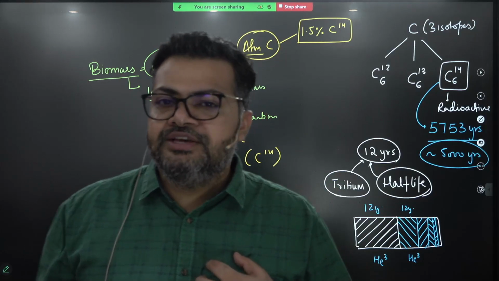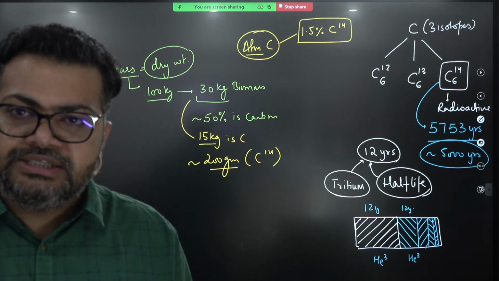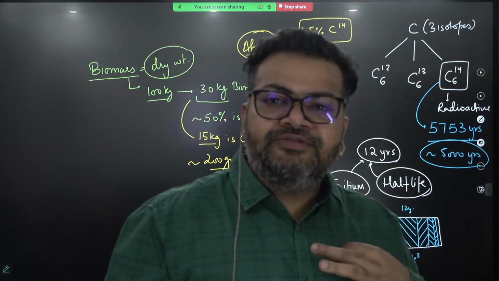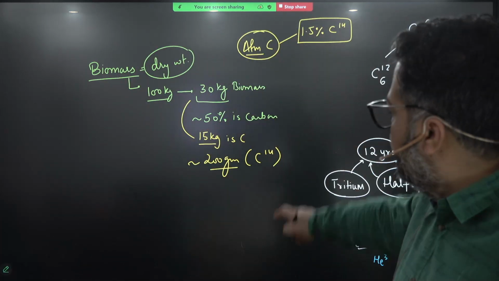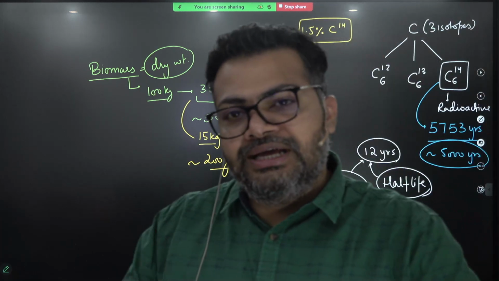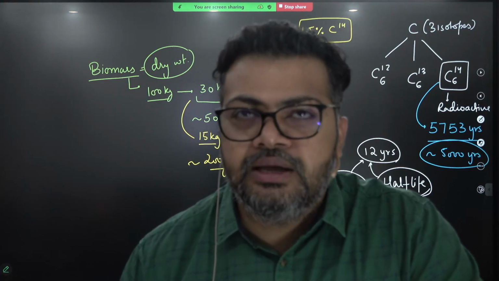200 grams of C14 I have in my body always. Got it? I hope all of you understand. 200 grams of C14 I would have in my body, and I hope all of you understood this calculation. That means 200 grams of my body is radioactive carbon 14. Now,